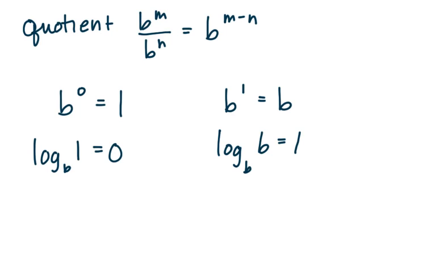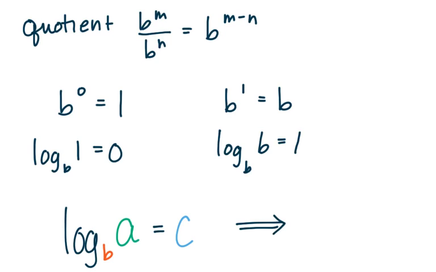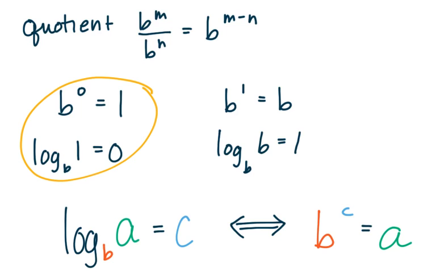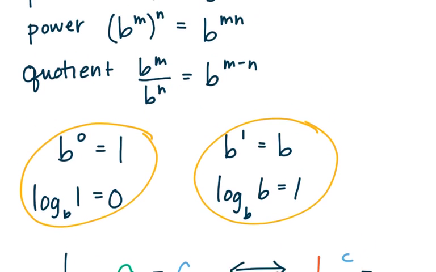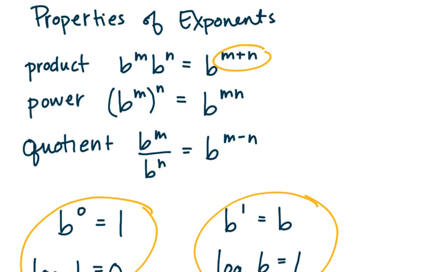And we have one other property we've been using a lot. We've got our conversion property. And what our conversion property says is I can take log base b of some argument a, having that equal to c, and I can convert back and forth from logarithmic to exponential. So my exponential form would then be b to the c is equal to some value a. And so seeing how this 0th power and 1st power property relate to our logarithms, we should be able to see